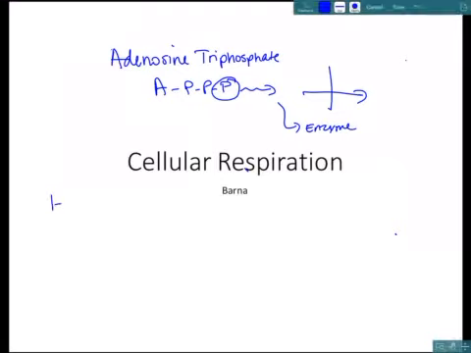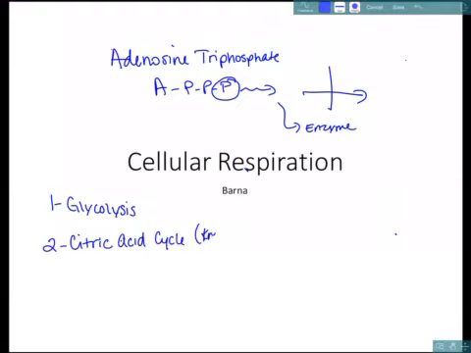The 3 steps are glycolysis. The second one is the citric acid cycle. It's also called the Krebs cycle after the person who discovered it. And the third one, we have the electron transport chain. Okay, now glycolysis does not require